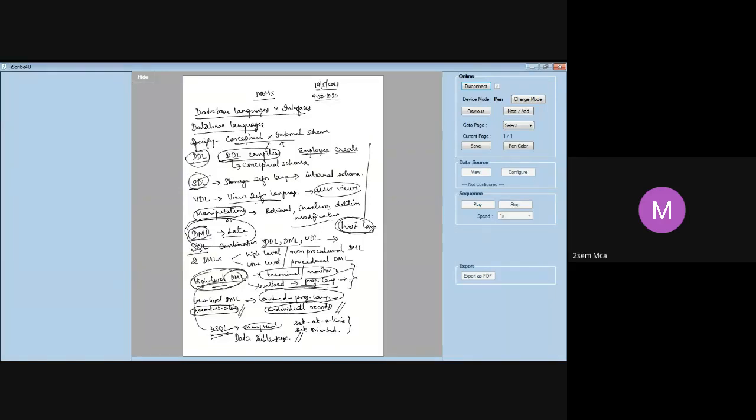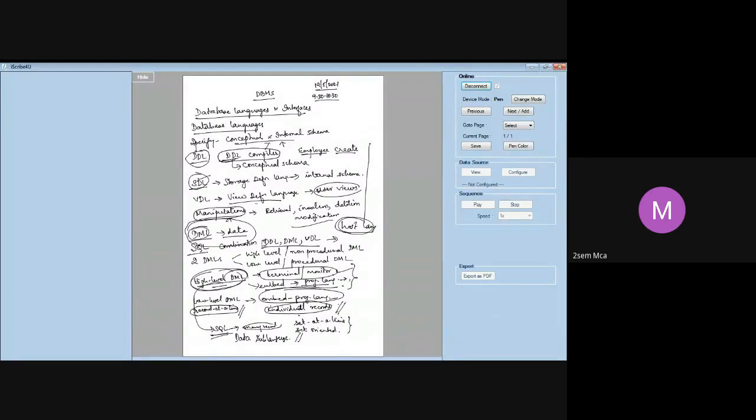Again, I said there are two types of DML statements. One is high-level or non-procedural DML. The other one is low-level or procedural DML. High-level DML can be entered through the terminal or the monitor. An example of high-level DML is our SQL. That is why we are able to enter it through the terminal. We are simply entering the commands, right? Or you can even embed it in a programming language. Whereas low-level DML can be embedded in the programming language only. You cannot enter it through the terminal. And one more difference is, low-level DML can process only individual records, only one record at a time. That is why it is called record at a time.